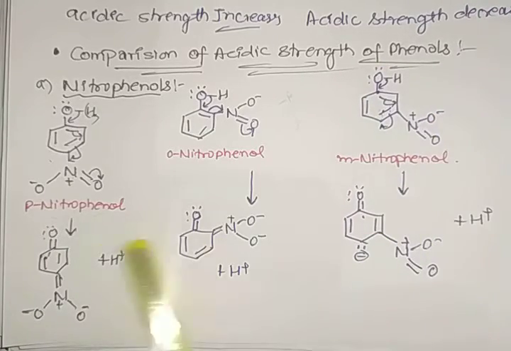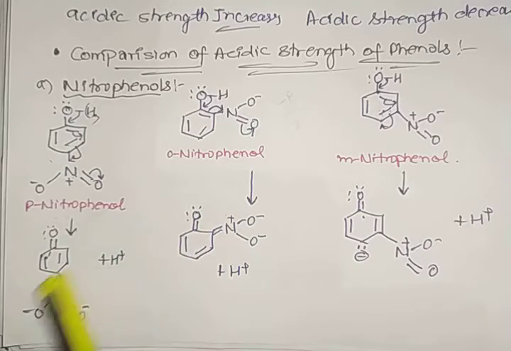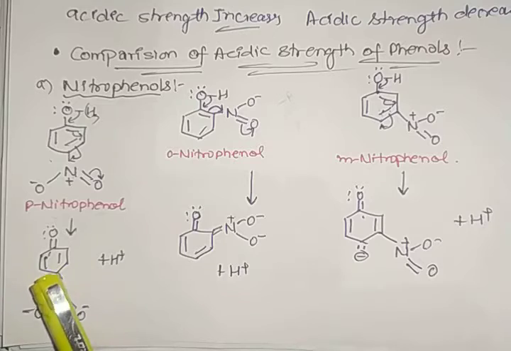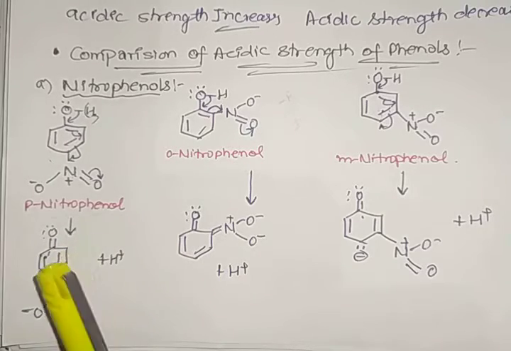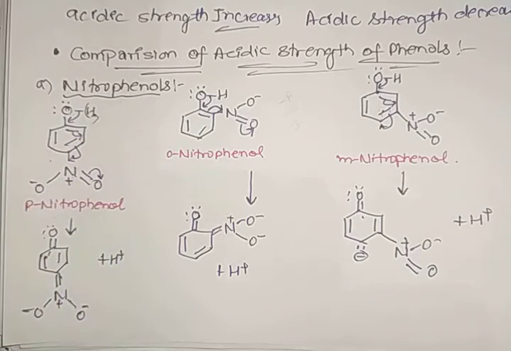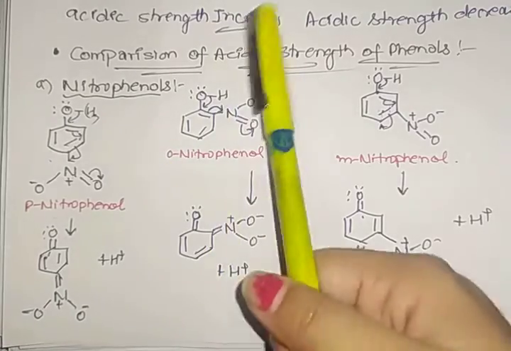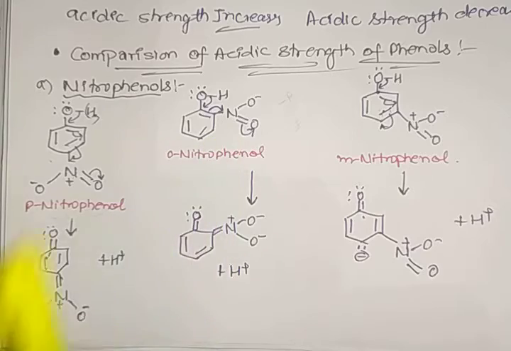Or if we're talking about which one is more acidic out of ortho and para, so para is more acidic, as we already discussed that para is symmetrical, or we can say here we have intermolecular hydrogen bonding which makes the loss of proton very difficult. In case of ortho, it is somewhat difficult as compared to para, that is why it is less acidic and para is more acidic.